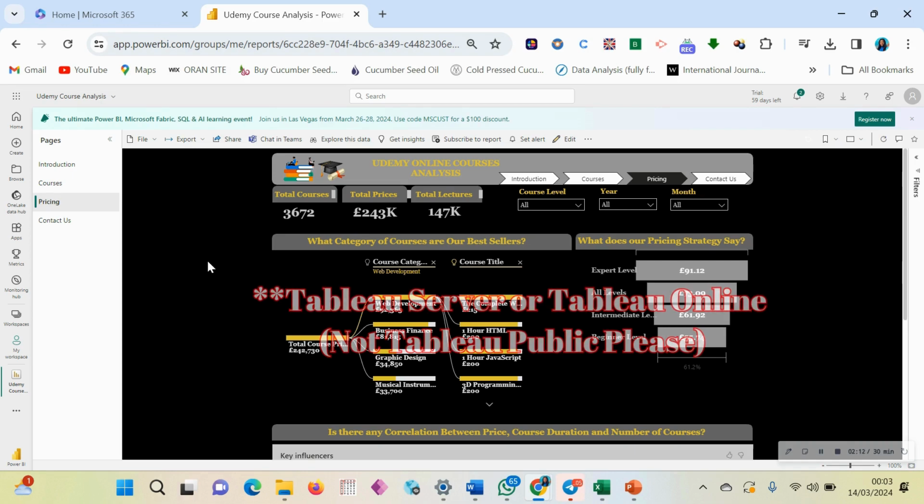Please note, Power BI service, not Power BI public, because you cannot upload your sensitive, confidential data onto the public space. But there's a Power BI service subscription that you can subscribe to, where you can upload or house your